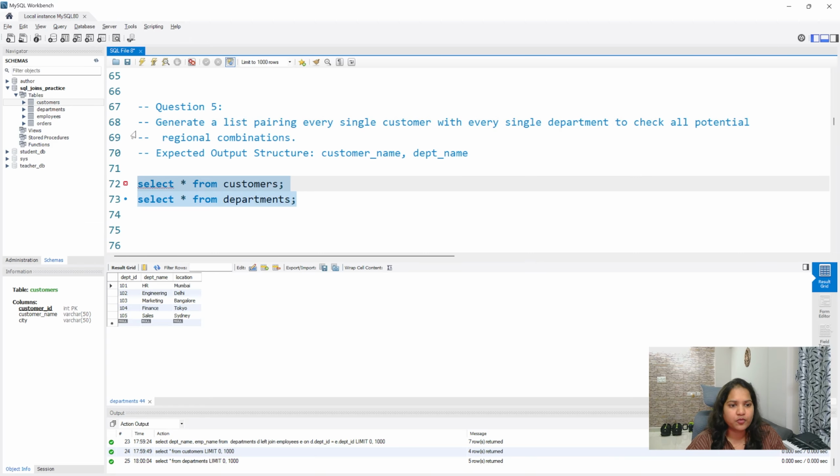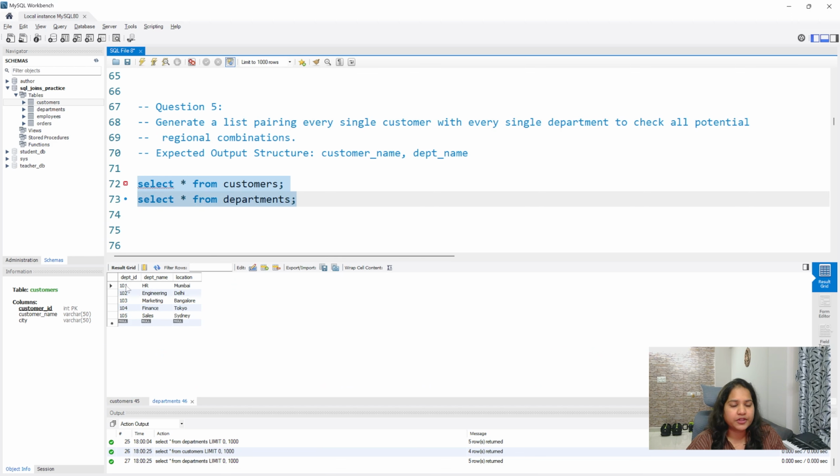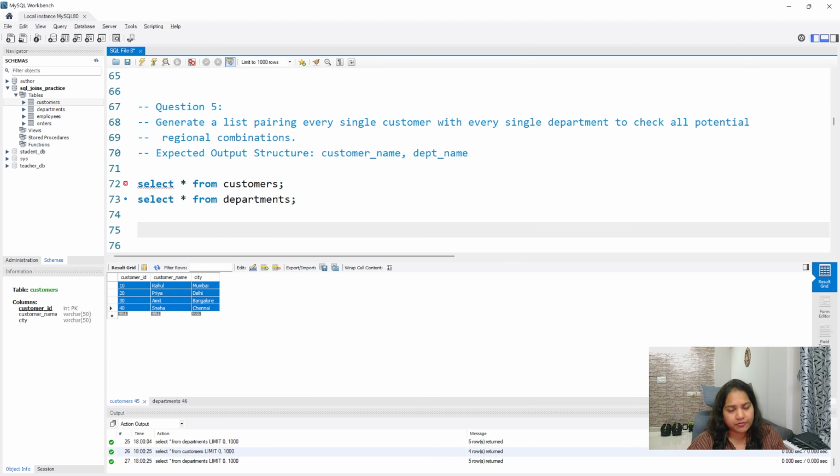If you run both of these tables, you have the department ID, department name, location, customer ID, customer name, and city. Do you have any common column between these two? I know we have location, but that is not a common column. So there is no common column, but still if we have to join, we'll use a cross join, since they want every single customer with every single department.